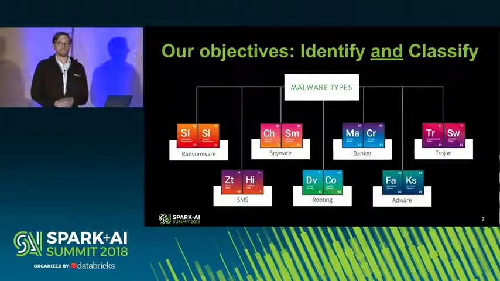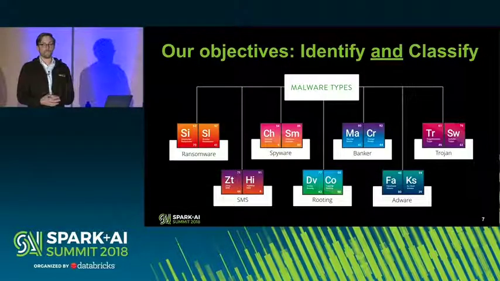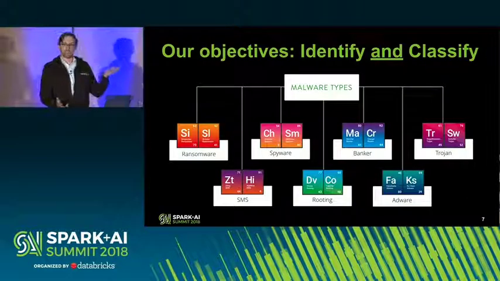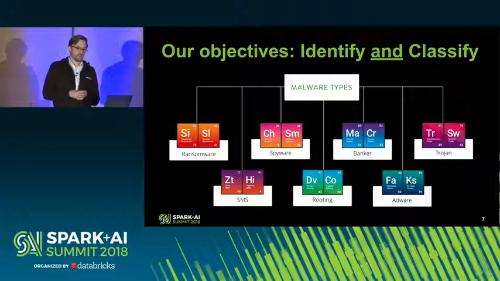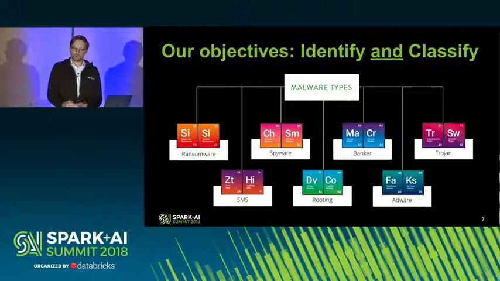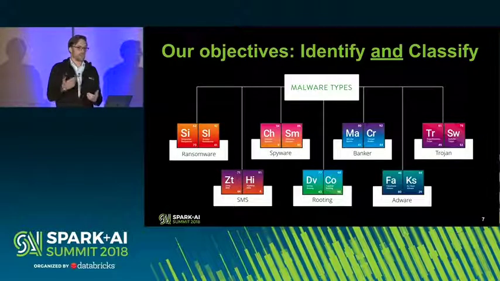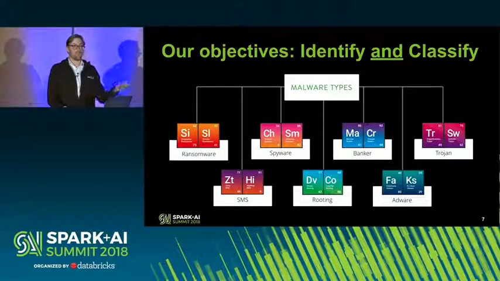But our objective isn't just to identify, we also want to classify. So here we see this great plot, I love this plot here. It's almost like the periodic table for malware. And we don't just want to know whether we have malware or not. We want to be able to say, okay, this is ransomware, or this is spyware, this is banker, et cetera, et cetera. And this then means that we can differentiate ourselves from the competition because we can say that effectively and quickly so that we can then remediate the threat in the right way.